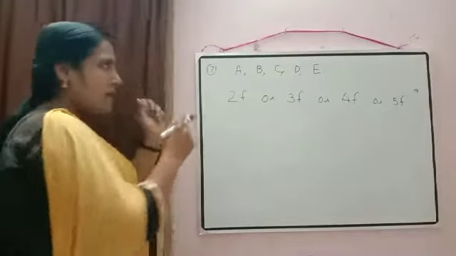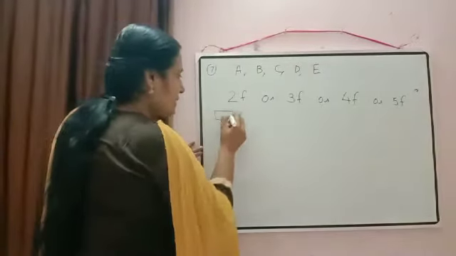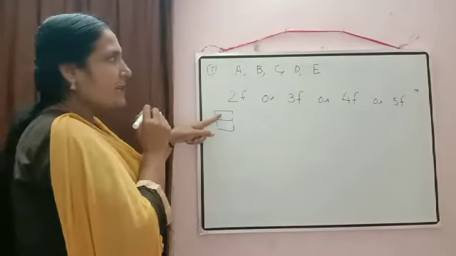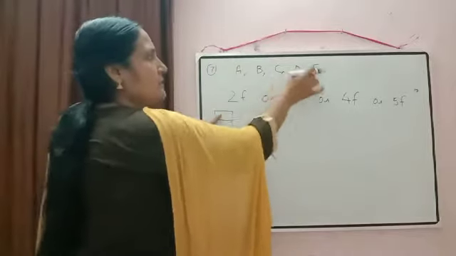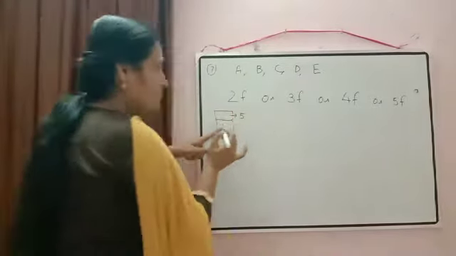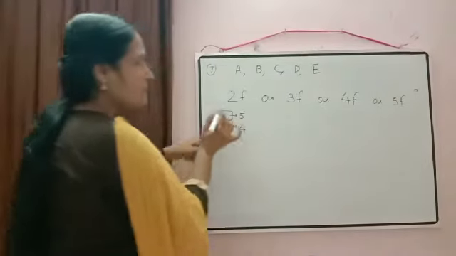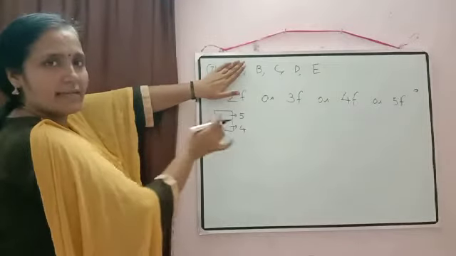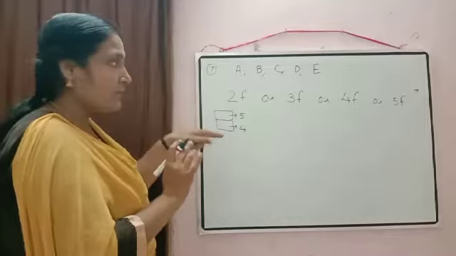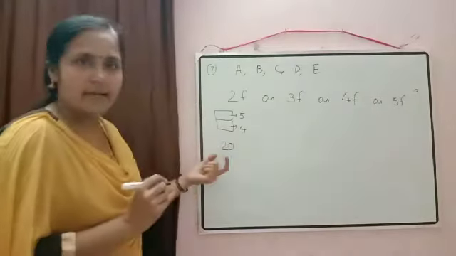Now just to check, if we are using 2 flags only, 2 flags means one below the other. So the first place can be filled in how many ways? How many options are available? 5 options are available. This place can be filled in 4 options only because the first flag is already filled there. So this can be a possibility when we are using 2 flags. So total it will be equal to 20.